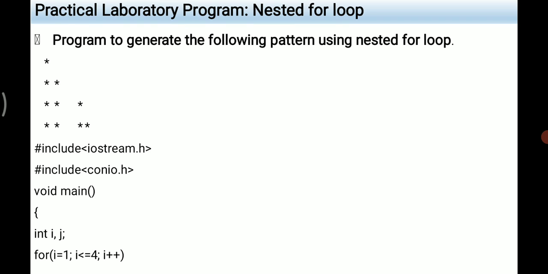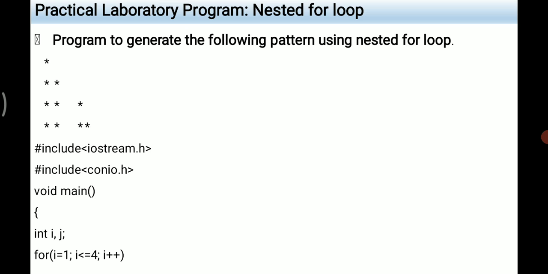If one for loop is present within another for loop, it is known as a nested for loop. Whenever nested loops are used, your innermost loops will be executed first, and finally your outermost loop completes its execution.